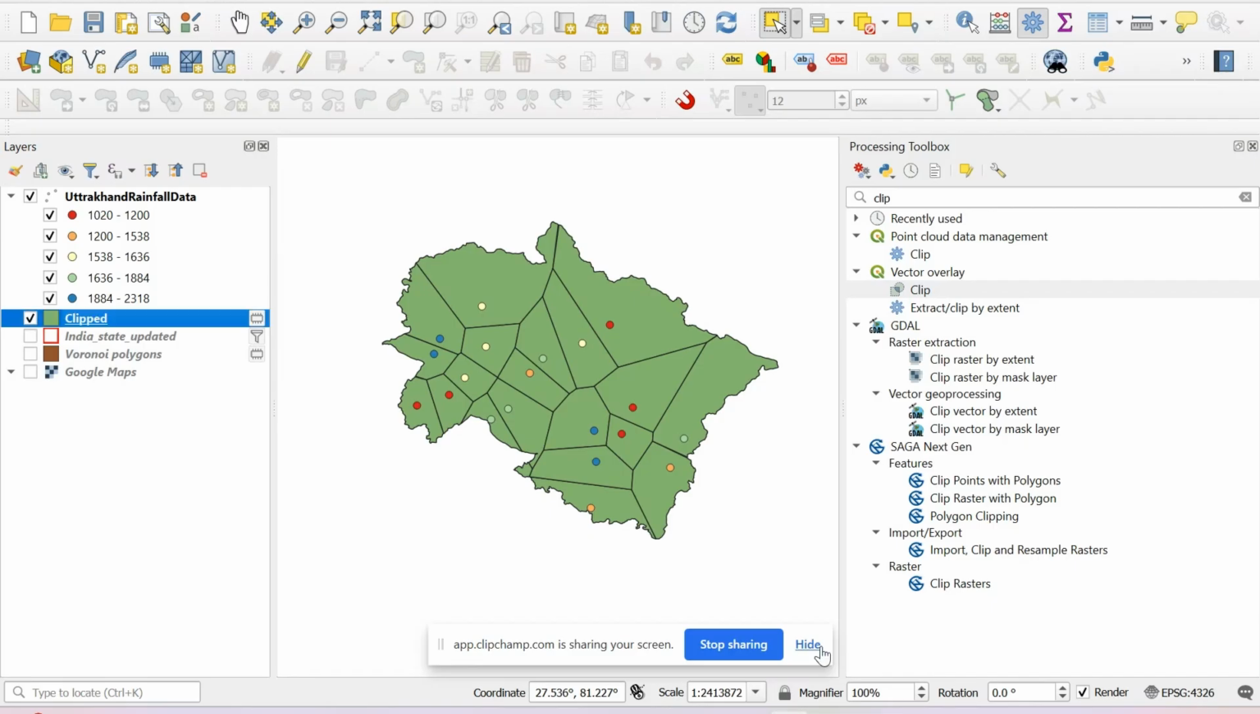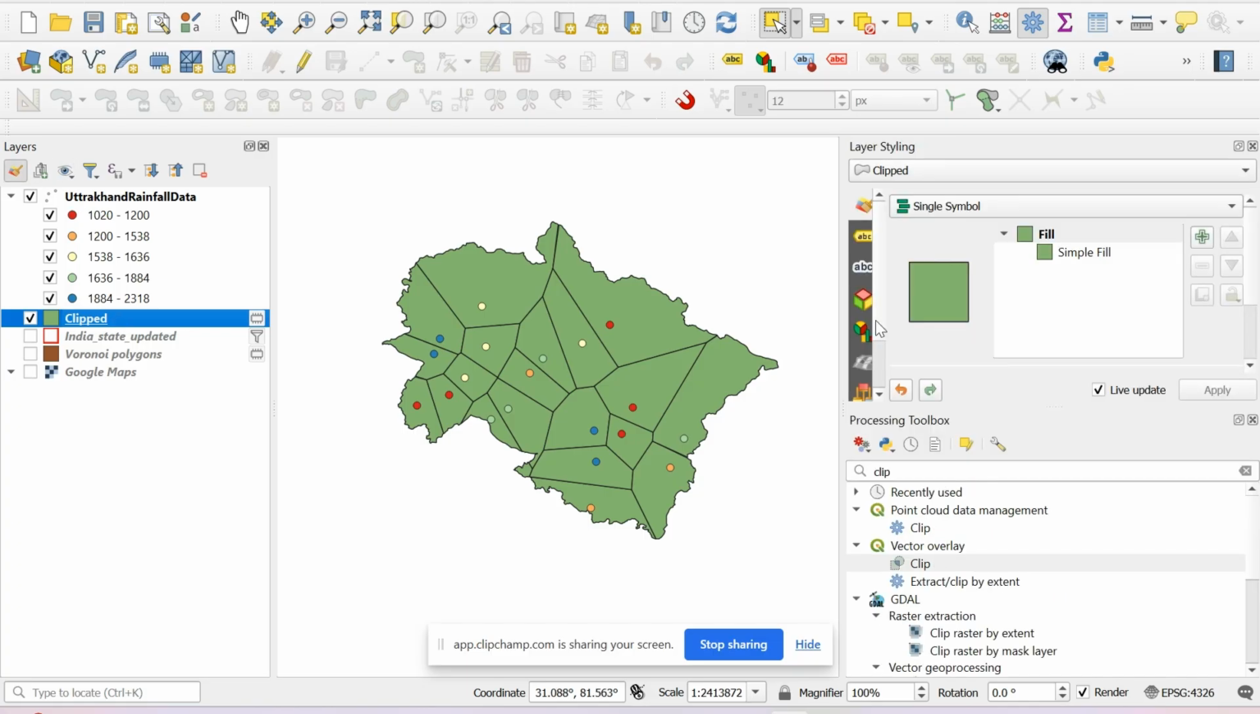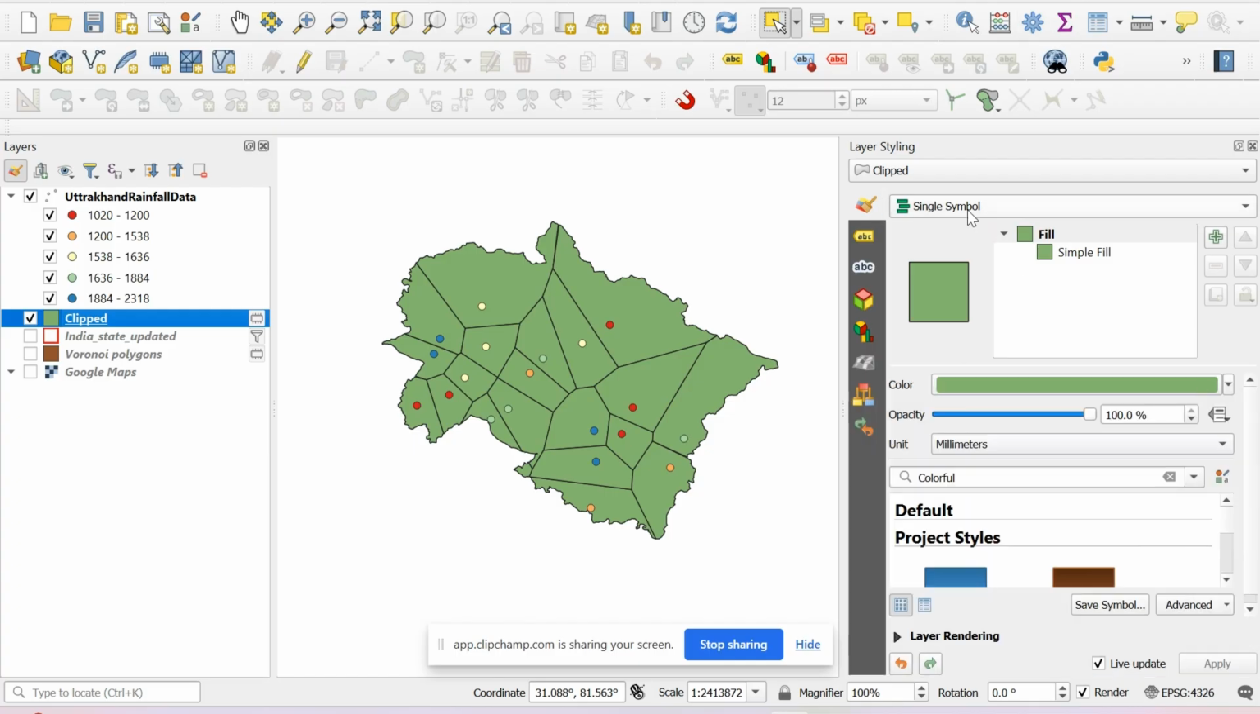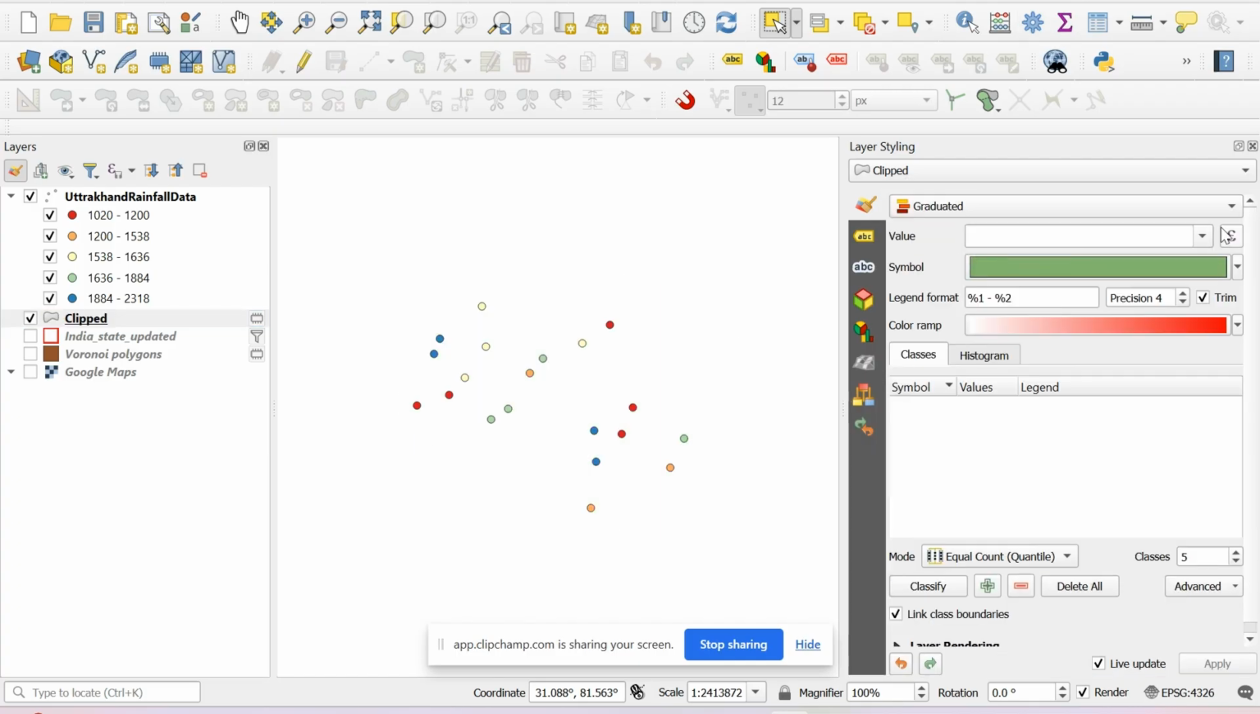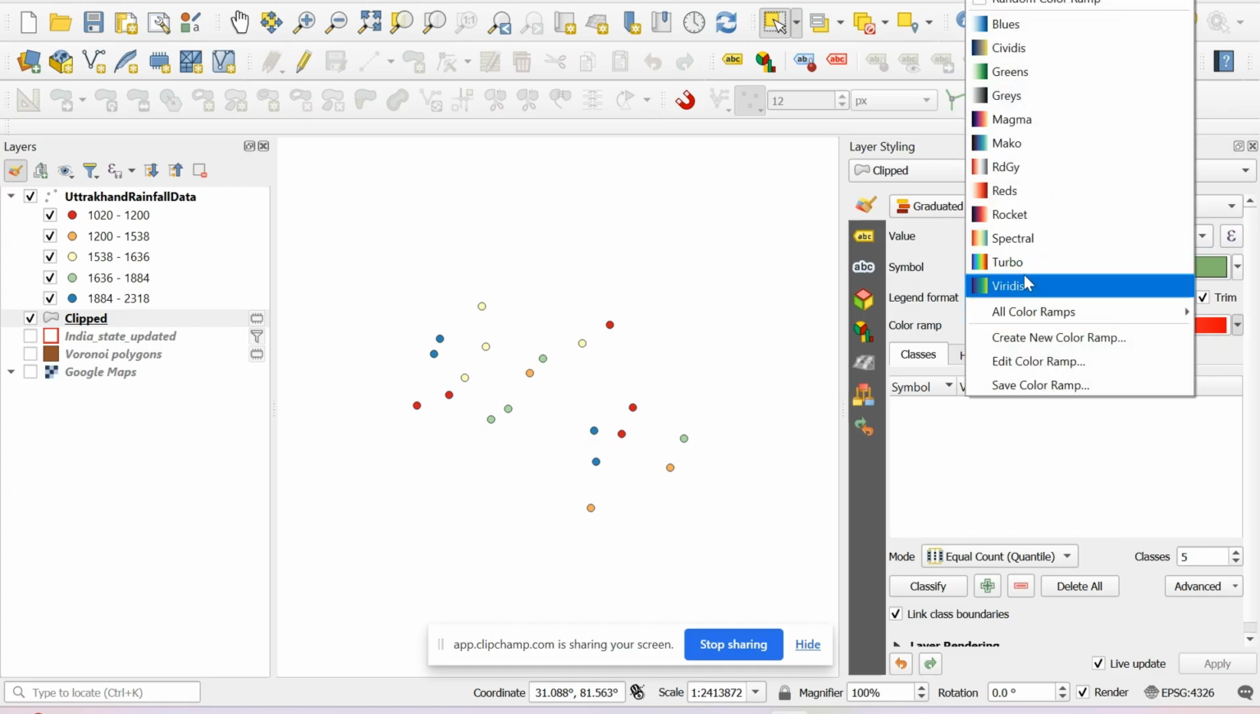Now next we will try to create a continuous raster. But before that, we can visualize this vector dataset also. I'll just click on this clipped boundary, click on the layer styling panel, and change the symbology from single symbol to graduated, like we did with the point dataset. The value we will use is rainfall, and the color ramp we'll just take spectral